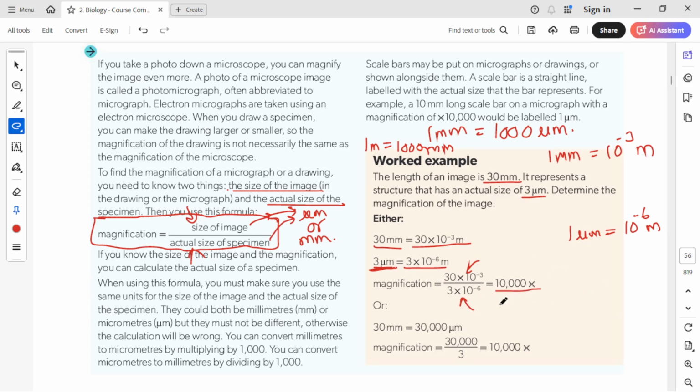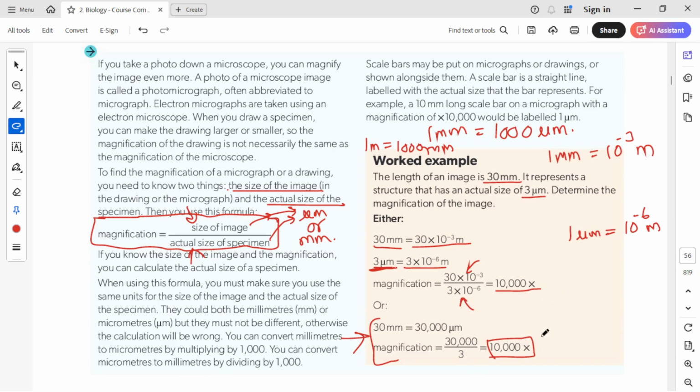Okay, so the other way is this one. We can convert millimeters into micrometers, and again we can find out the answer. So both ways you can do. Either you can convert millimeters into micrometers. I guess this way is easier and much better, so you can use this method, and the other might be a little bit confusing. Basically, convert them into the smaller unit, whichever is given. So you can convert the millimeters into micrometers here, and you can find out the resolution.